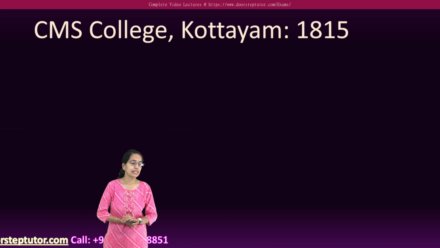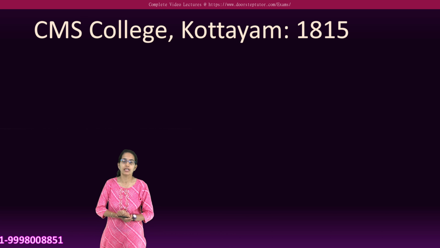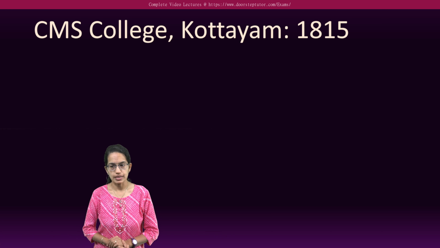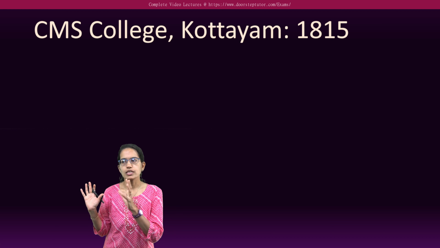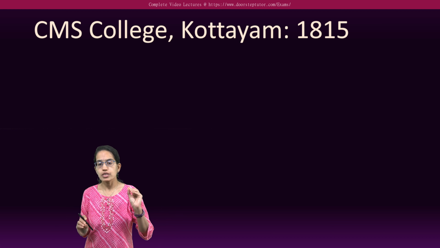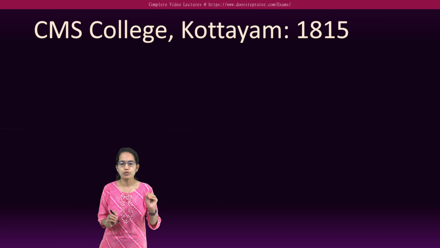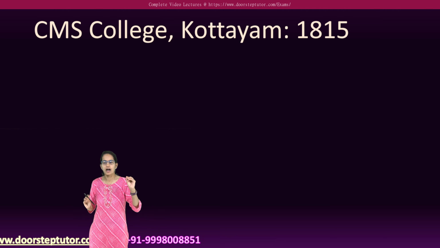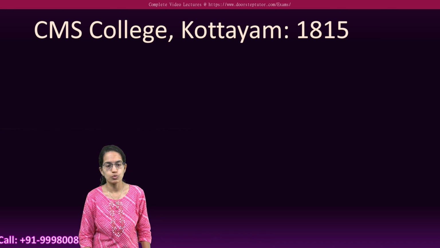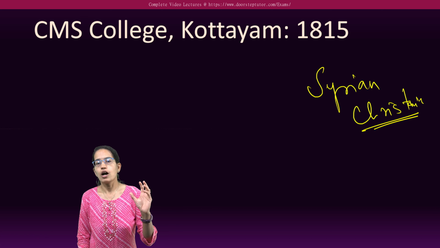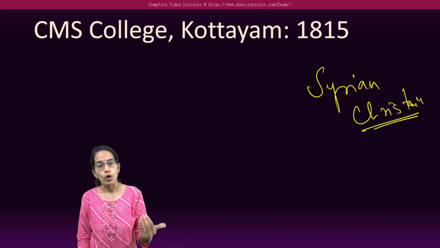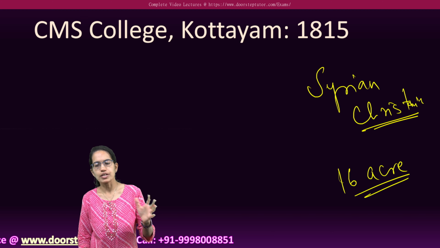The next is CMS College, Kottayam, 1815. This college is located at Kottayam in Kerala, and was founded by the Church Missionary Society of England in the princely state of Travancore. The idea was mainly to teach English to the Syrian Christians who came to the region. But this college's construction was funded by Maharani Gauri Lakshmi Bai of the region, and she granted nearly 16 acres of land, 500 cash rupees, timber